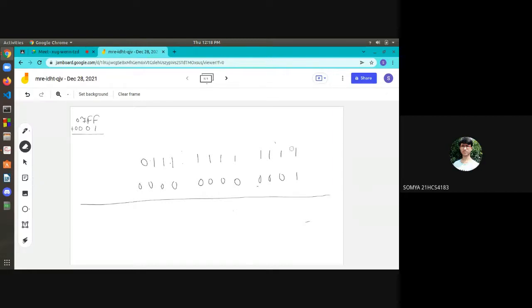So 1 plus 1 is 0 and the carry will go to 1. Now again it is 1 plus 1, so it will be 0 again. And the carry will go to here. Now it is 1 plus 1, so here it will be 0. And the carry will go here. 1 plus 1 again, 0. So it will continue like here only, and two parts we are getting as 0.